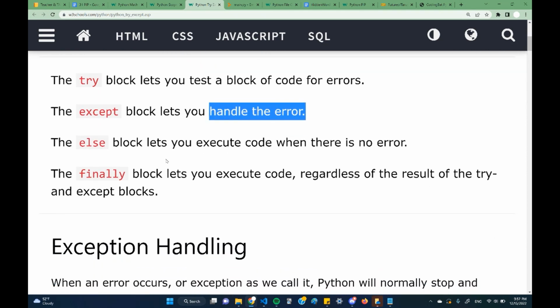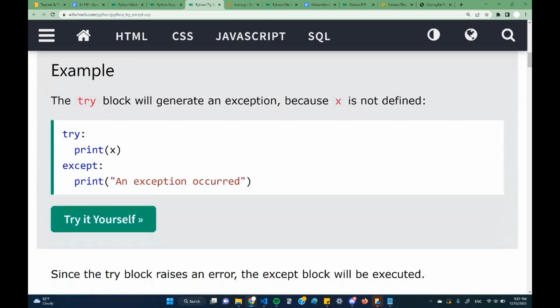And the reason why that's useful is, let me just show you over here. Let's say we try to print x. We didn't define x. Let's just try to print this x. Except if an error is caught or an error occurs, then we will